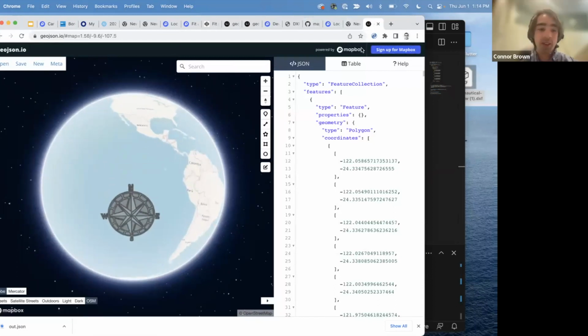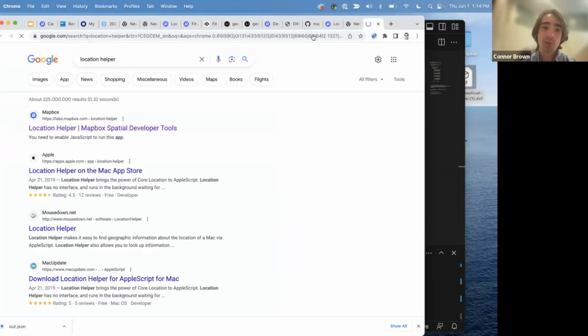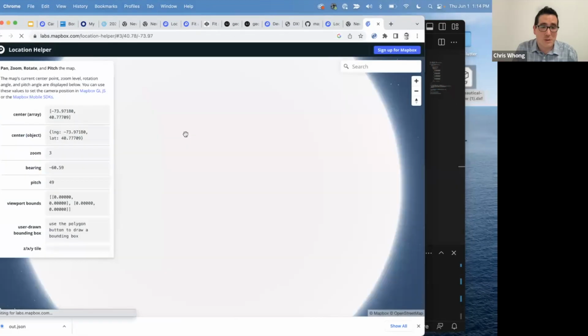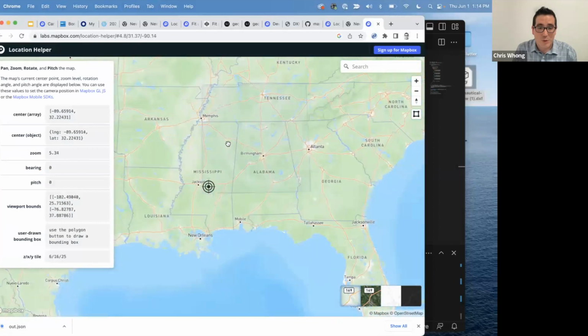We've got a layup question here in the chat. It says, wouldn't it be great if GeoJSON IO maps support a 3D view with elevation? I believe Location Helper does. I don't think GeoJSON IO does, but it does not. We should totally do that. So Location Helper definitely has 3D terrain.